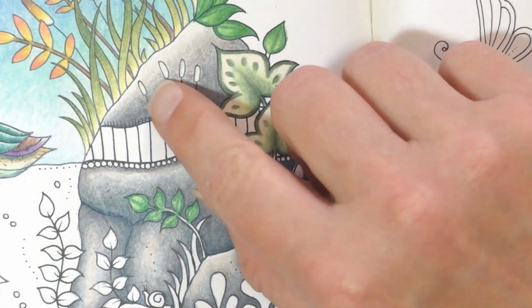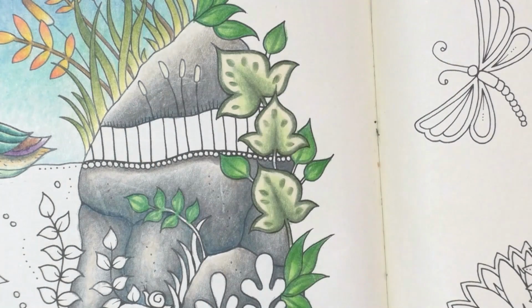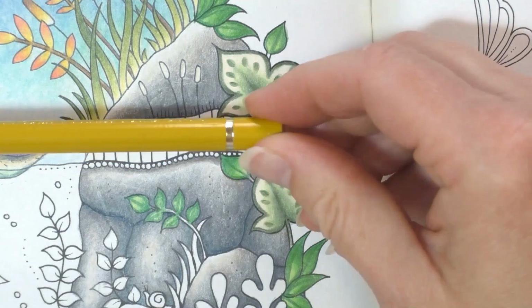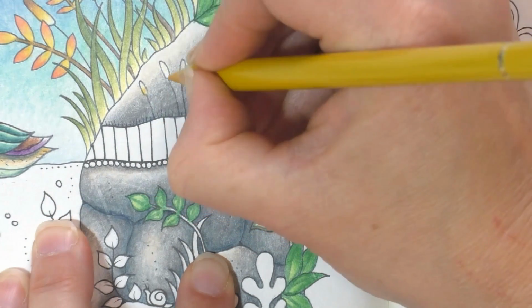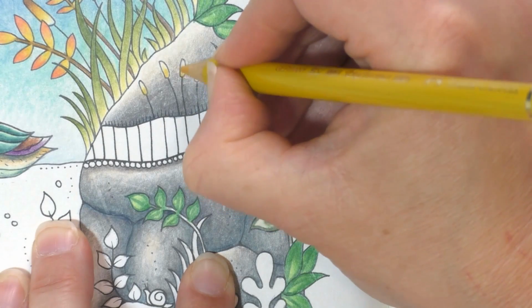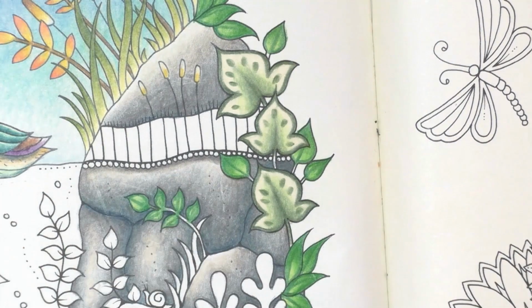And before I do that, I'm not 100% happy with these white little heads here, so I'm going to add a bit of, let's see, dark Naples Ochre. That's this pencil from the Faber-Castell range, just at the base of them to give them a little bit more life. Yep, I like that better. Okay, now for this earth bit here,